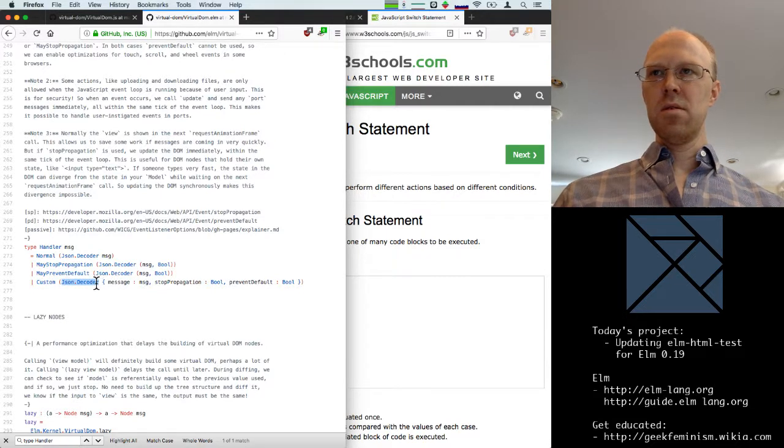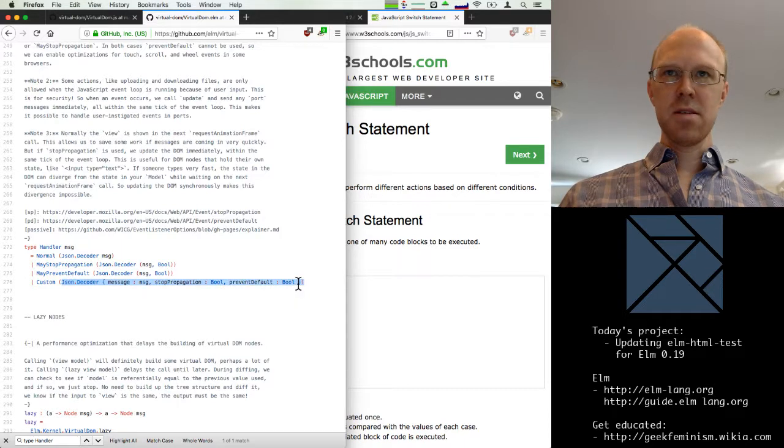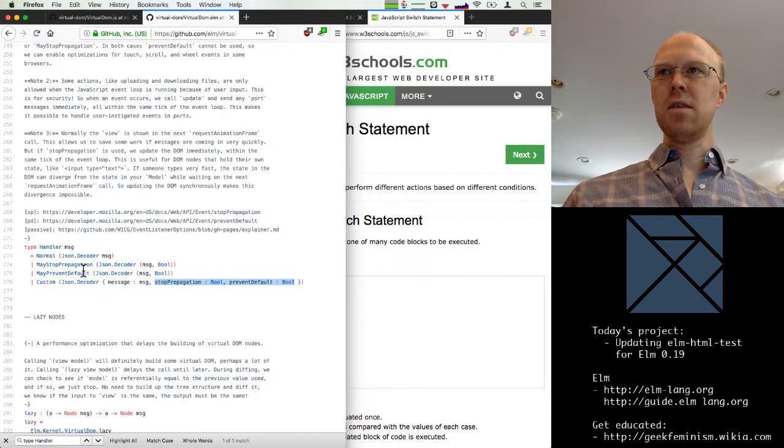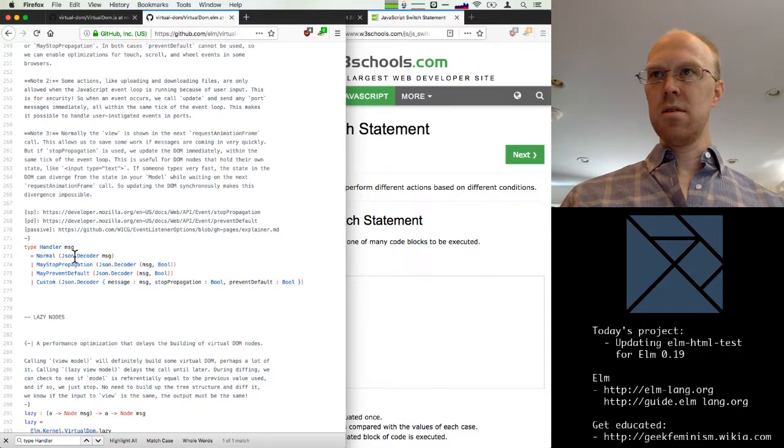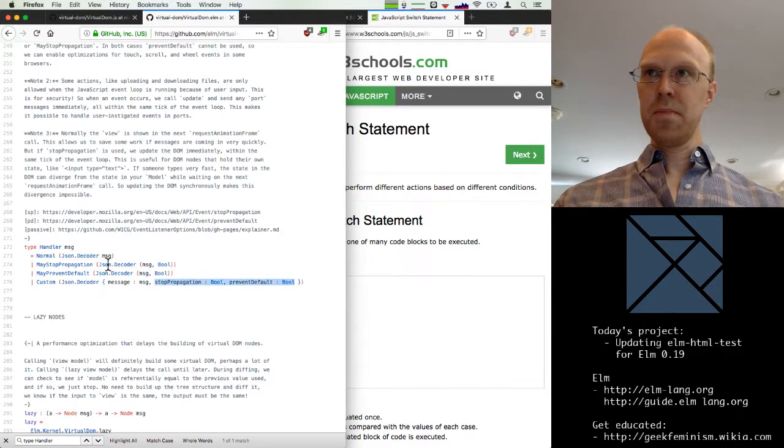So ultimately we want to get a decoder of this. Then the options will always be available no matter which of these. And we can always do this, right? Because in the normal case, the bools will just be false. And in this case, prevent default will always be false, and stop propagation will be this.